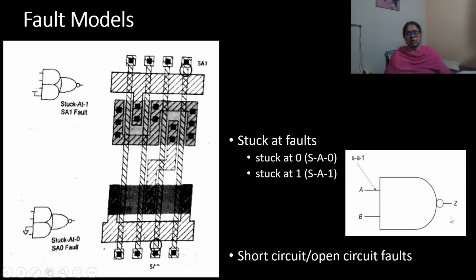But actually the output should have been 1. So in the absence of the fault, the output will be 1. Thus, AB equal to 0, 1 can be considered as a test for the A input stuck at 1 fault, since there is a difference between the output of the fault-free and the faulty gate.